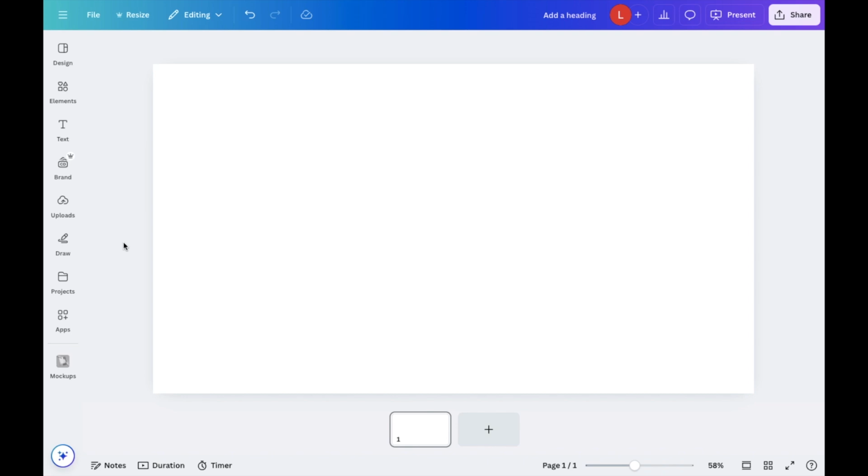So in this Canva tutorial video, I am going to be showing you guys how to add filters to pictures here on Canva using a Canva desktop. So once Canva is opened up, what I want you to do is, it goes without saying, add a